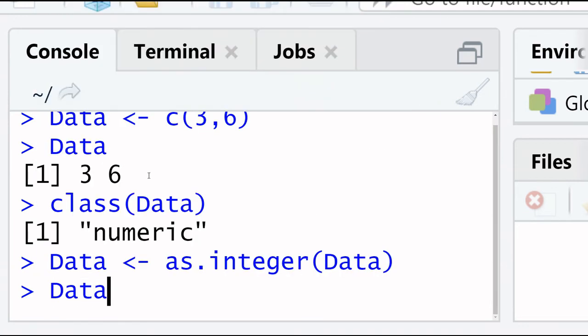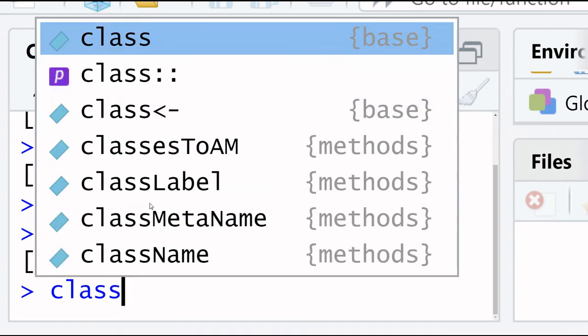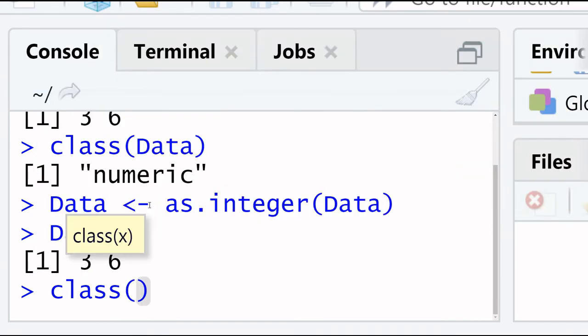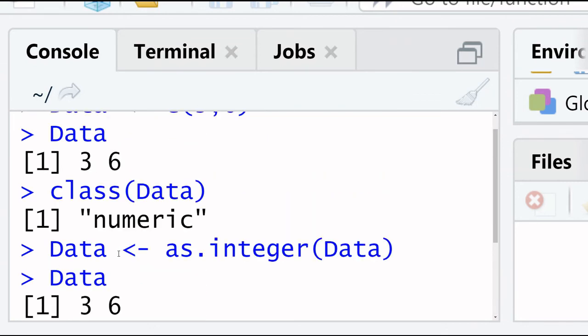We retrieve the data. Here is data set 3 and 6. Now we check its class. Integer. Now this data set is in integer.